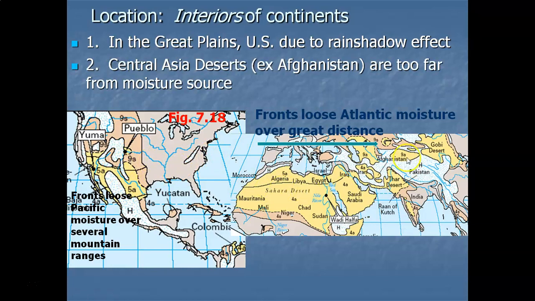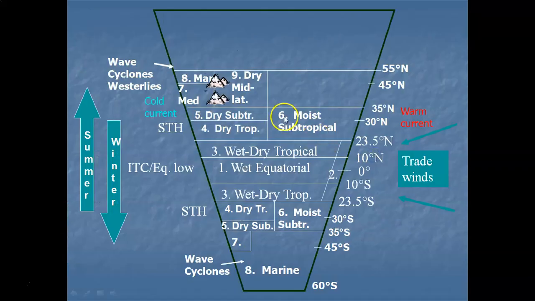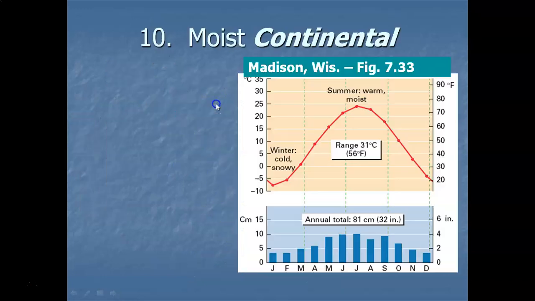Now in Central Asia, here's number 9 right in through here. It's the Central Asian deserts, and here's a nice example. Afghanistan would be a good example. Kind of the same thing. We're located in the interior of a very large continent, and the Atlantic fronts, as they track thousands of miles across Eurasia, just simply dry out, and we have low moisture and dry fronts. So what we want to do is plot this on the hypothetical continent, mid-latitude location in the interior of continents. And so we're going to be dominated by the westerly winds and wave cyclones, but they're dry, either due to the rain shadow effect or just simply too far from a moisture source.